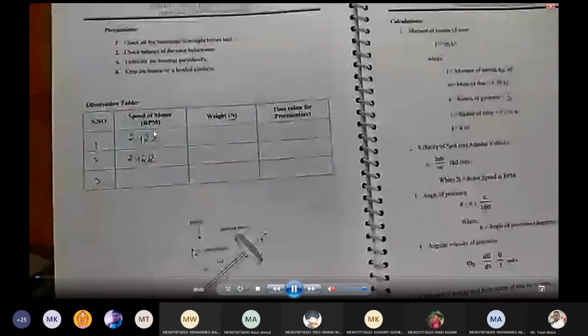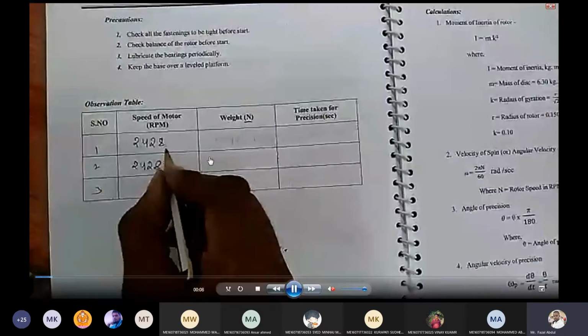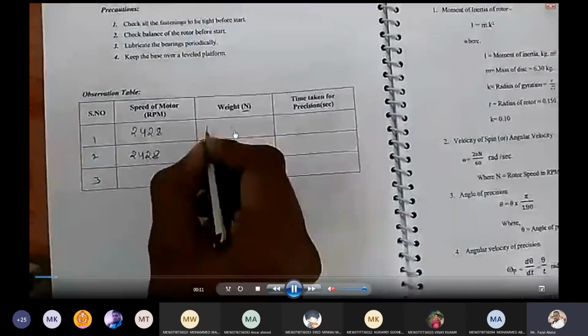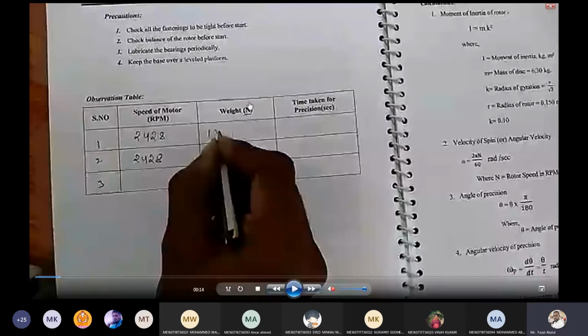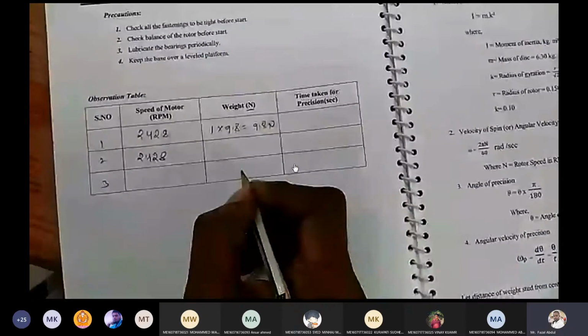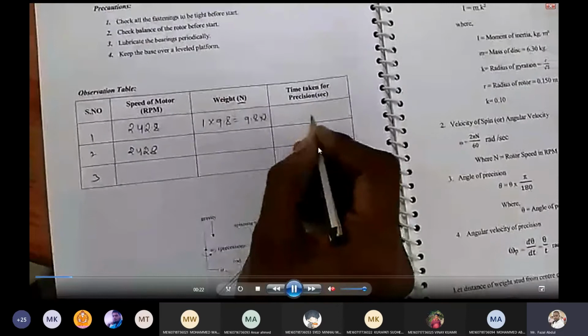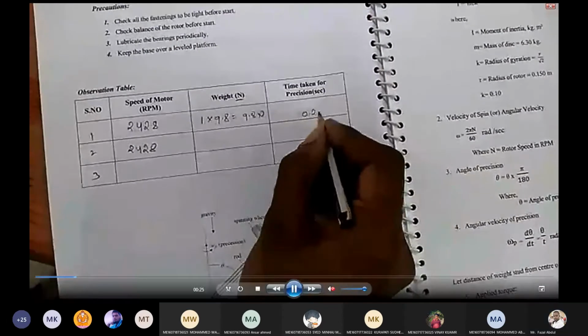So this is the speed. First time you are applying the 1 kg load. Whatever loads I have shown in the video are in kgs. You have to convert this kg into newtons. For that reason, multiply with 9.8 to get newtons. First time, how much time is it taking for 90 degrees rotation? That time you need to note down here, in seconds.